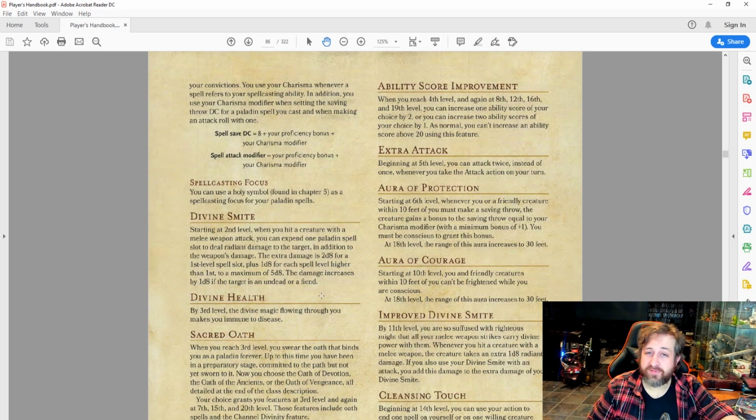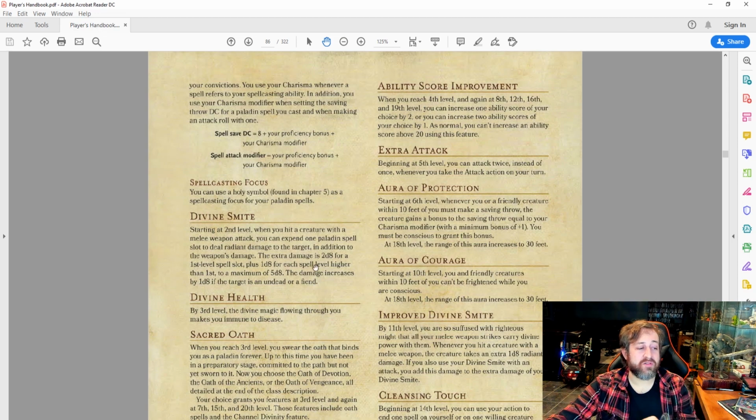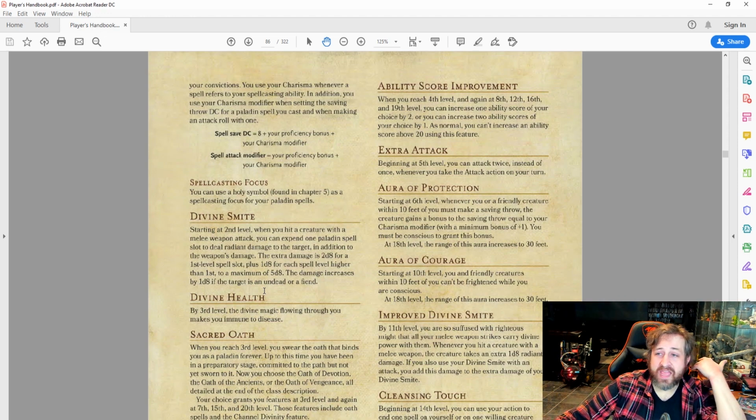I think that makes perfect sense. So they changed in the errata to a maximum of 6d8. So in my mind, I say, okay, well now if I smite an undead or a fiend, I do 7d8. But when I made a video on that errata, whenever that errata came out, a bunch of